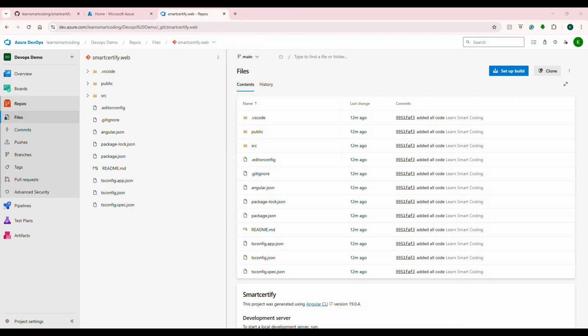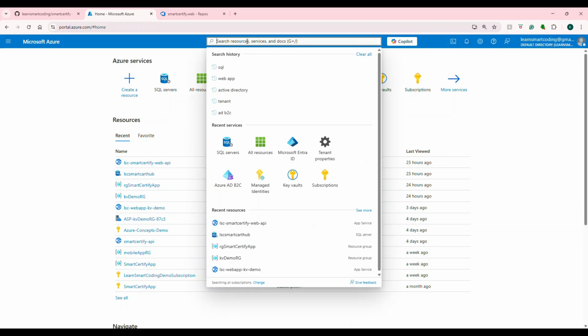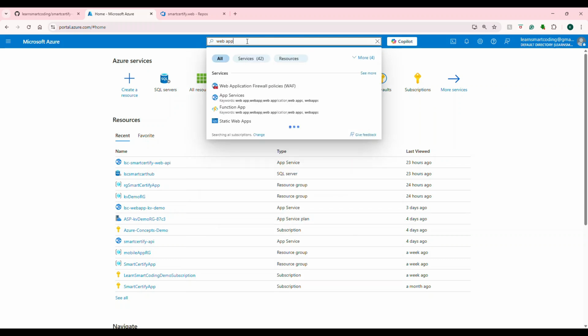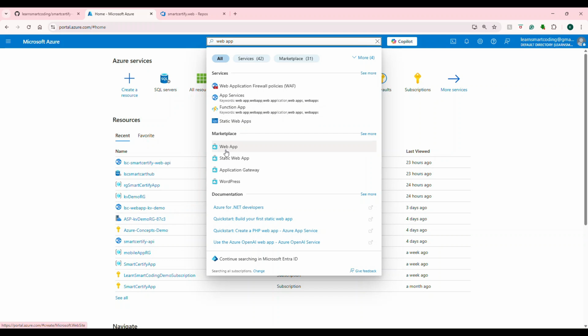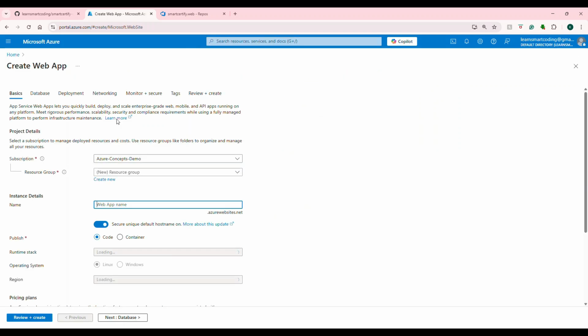So I'm going to close this. The first thing that we have to do is go to portal.azure.com, and I'm going to create a new web app. So type web app and you will see something like this in the marketplace. Click on it and it will take you to this location where you need to fill up all the